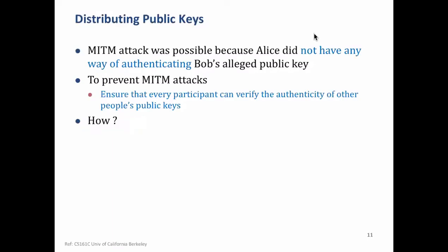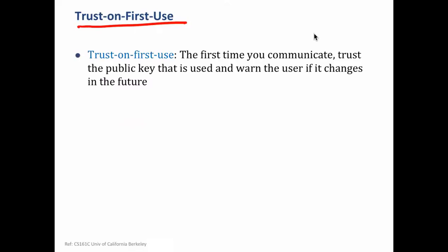Okay, so now, systems use many techniques, and the simplest one is trust on first use. Because generally on the first use, the assumption is that Mallory may not be available. Mallory may not know about the transaction in the beginning, right? So the first time